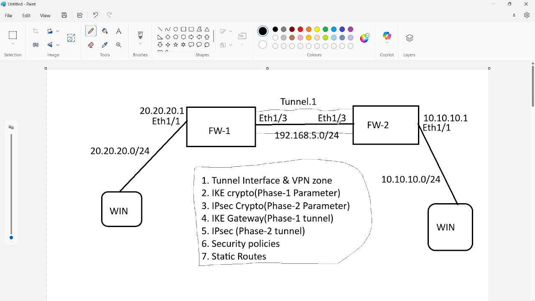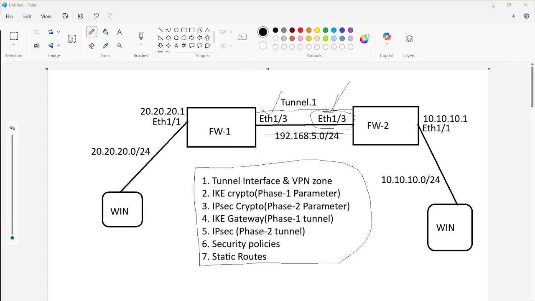Suppose we are configuring the IP address statically, and suppose one of the sites has a dynamic IP address. Let's suppose firewall 2 has an IP address on Ethernet 1/3 through dynamic, meaning it is getting the IP address from a DHCP server. So in that case, if one side has a static IP and one side has a dynamic IP, we need to enable